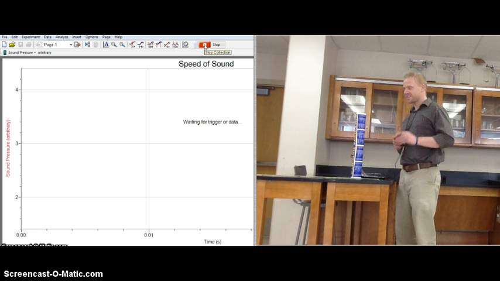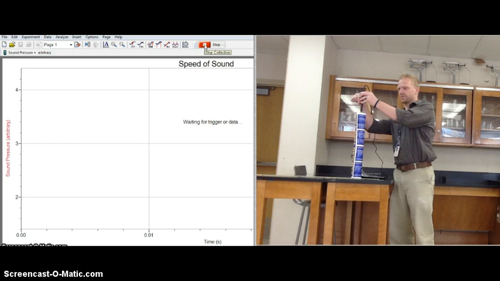Alright, here's me on the right. Now you take the microphone and you put it right at the top of the tube. One thing I want to point out, and you can see me doing this with my hand, you want to put the microphone right at the opening of the tube. You don't want to stick it inside the tube, and you don't want to have it out past the tube, otherwise you're changing the distance that the sound travels. So when you're ready,